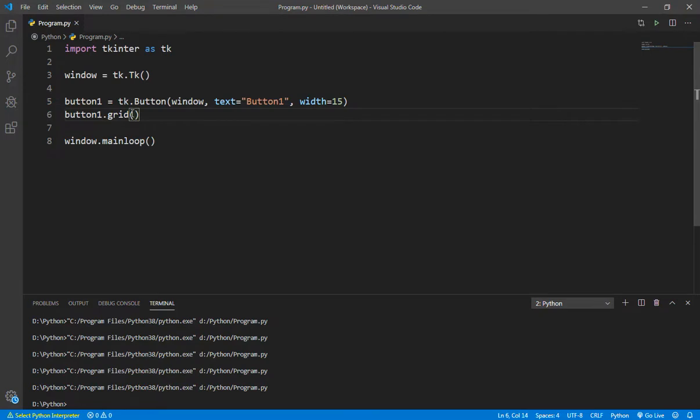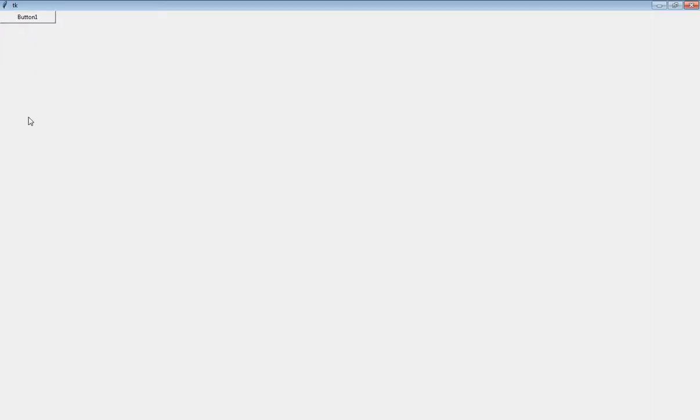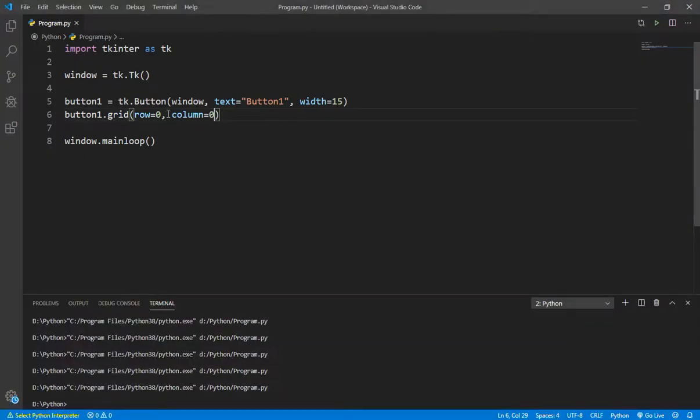Okay, whether you give it a value or not. So row equals 0 and column equals 0, and this will give it the default value. Okay, here you don't put the value in pixels. You have to give how many columns or after how many rows you want to put your widget.